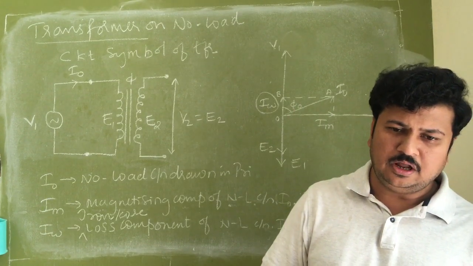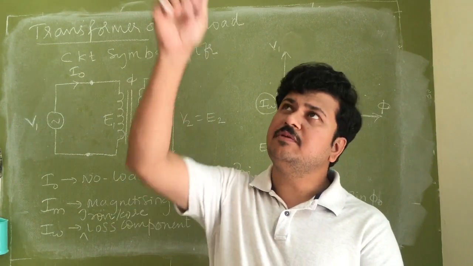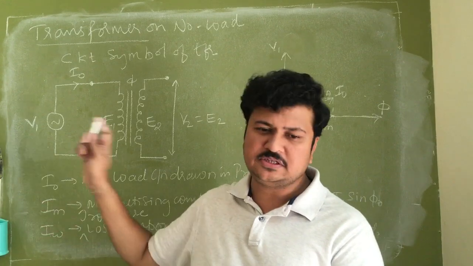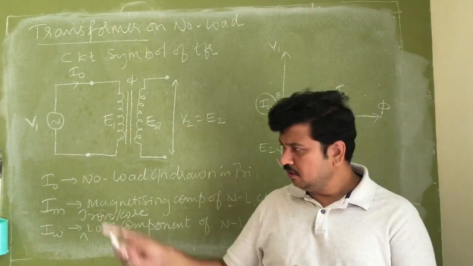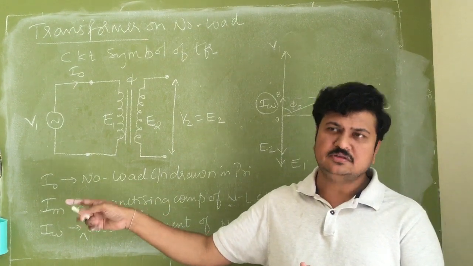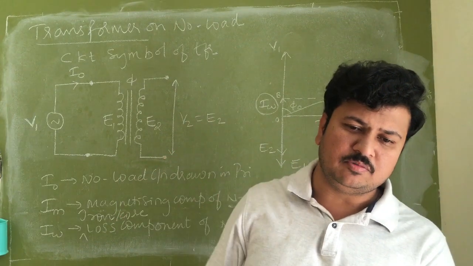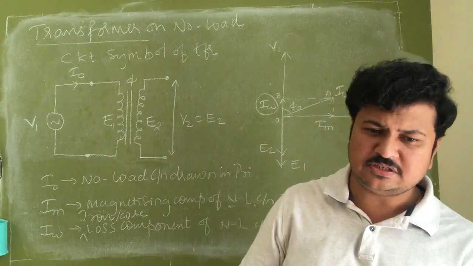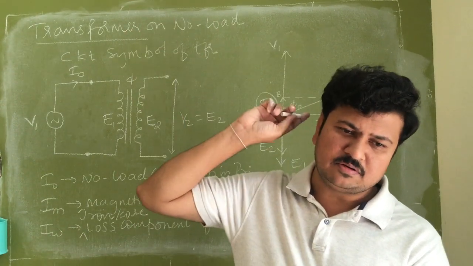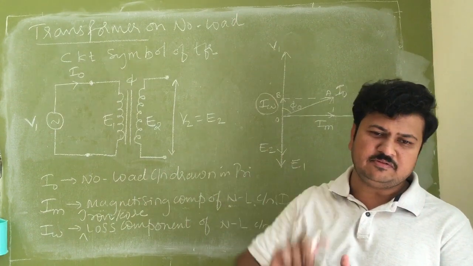Now there are 10 watts of loss, 70 watts of output. So what is the minimum input I should give? 80 watts. When I give 80 watts from the supply, then out of 80 watts, 10 watts will be lost, and 70 watts is available at the output. Now if I provide 70 watts, 10 watts is lost, 60 watts is available. If I provide 60 watts, 10 watts is lost, 50 watts is available.